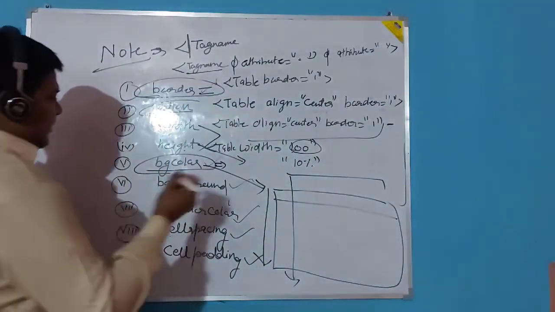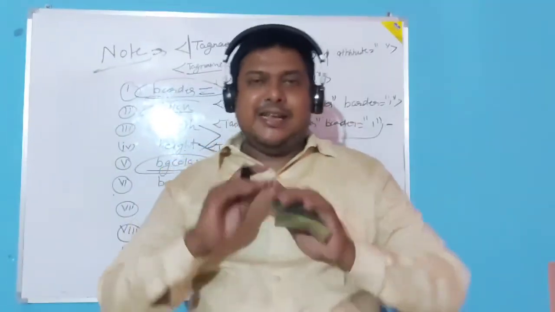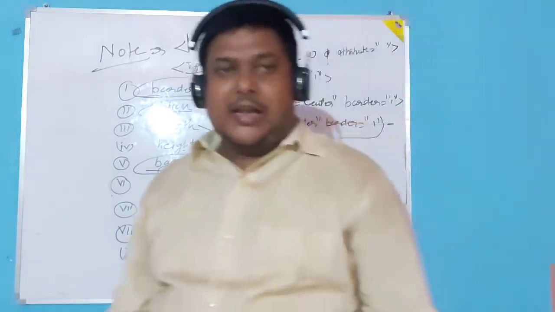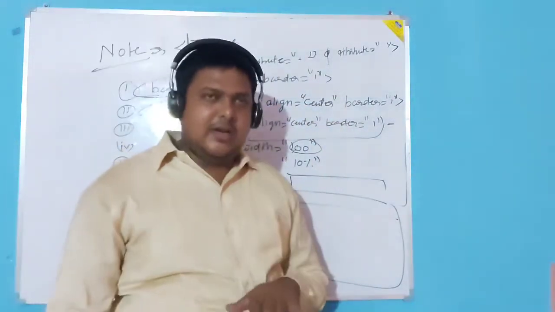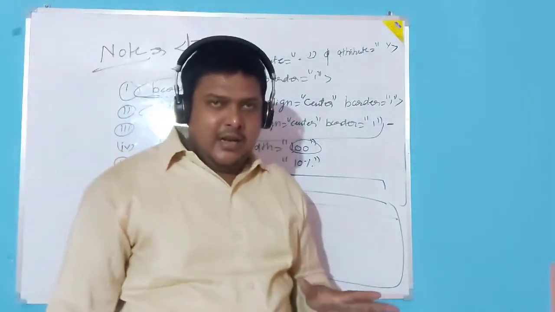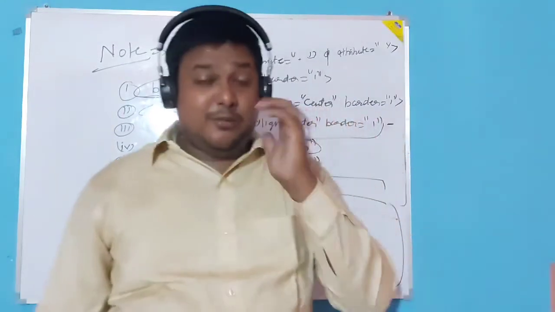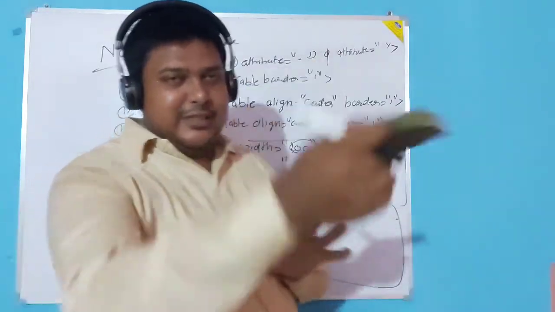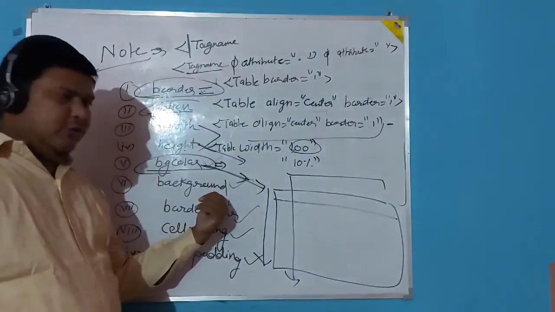So now come to the discussion. Bgcolor: by default, our table displays in the same background that is set for the web page. If you want, it may display in a specified color, red, blue or yellow, so I may use bgcolor here. Instead of a color, if you want to display images, images of particular places, that also can be used in the table tag to represent that information. So you can use images also, and for the images we have background.